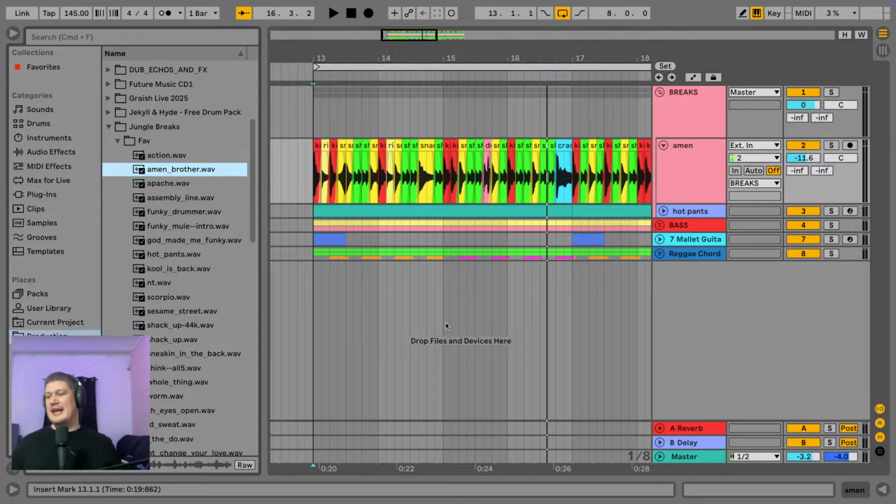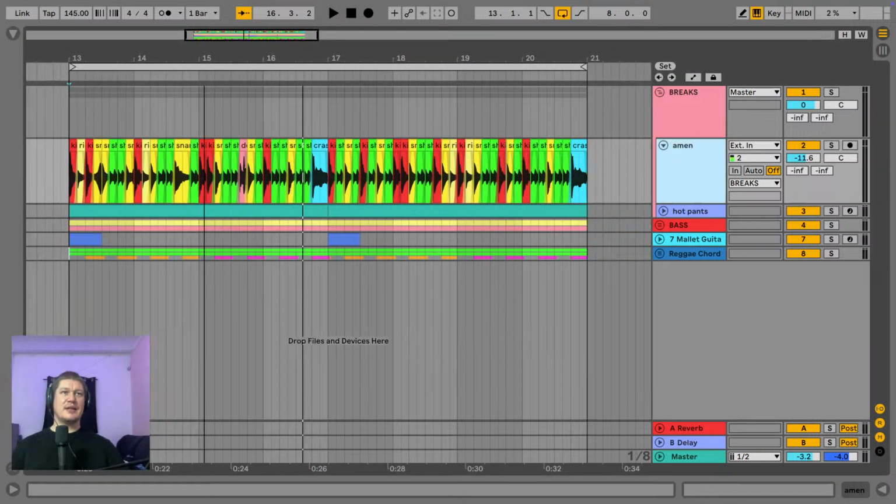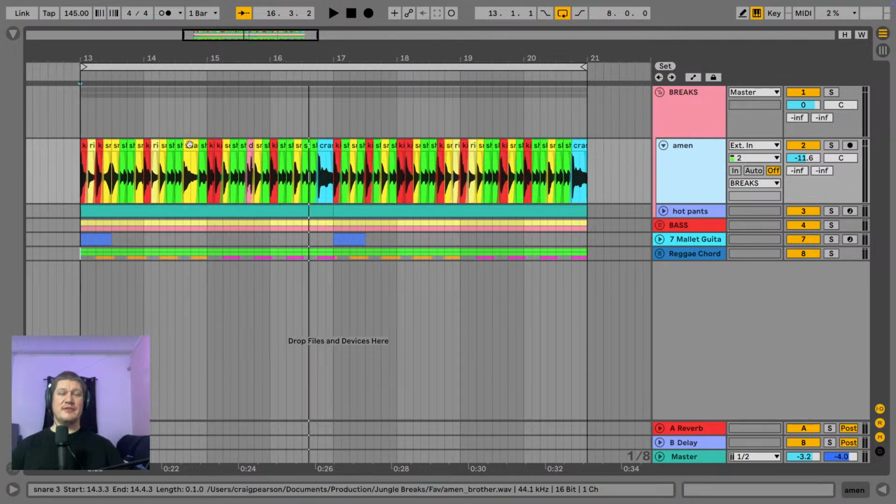So that's a classic drum sample that loads of people use in jungle and have been doing since the inception of jungle. And before that, people were using it for hip hop in the late 80s. In fact, you may have heard of the NWA tune, Straight Outta Compton, and that was actually the Amen break. So even in the late 80s, they were using it in rap tunes, they were using it in rave tunes, and then